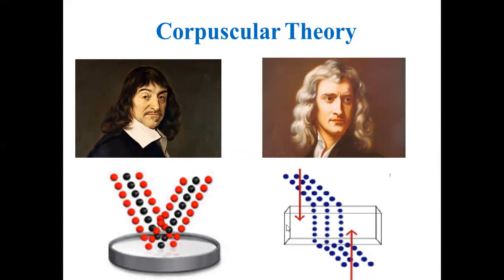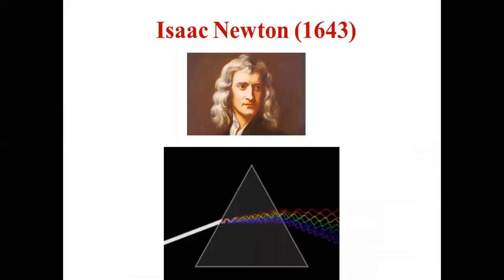But the only problem with corpuscular theory was that it says that when light travels from a rarer to a denser medium, it bends away from the normal and its speed increases, which is very much against the observed facts, which say that the speed of light decreases when it enters a denser medium. The theory says that light bends away from the normal and its speed increases. That was a major drawback of the theory.